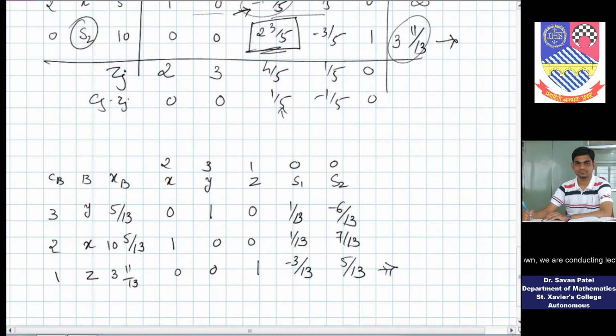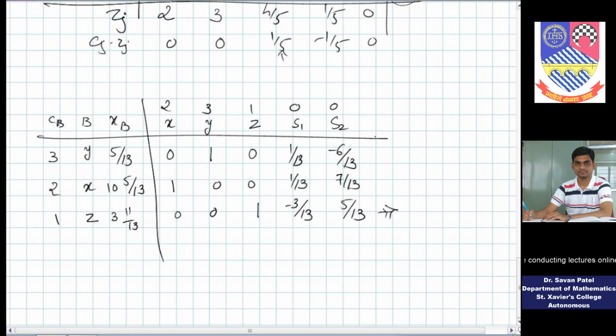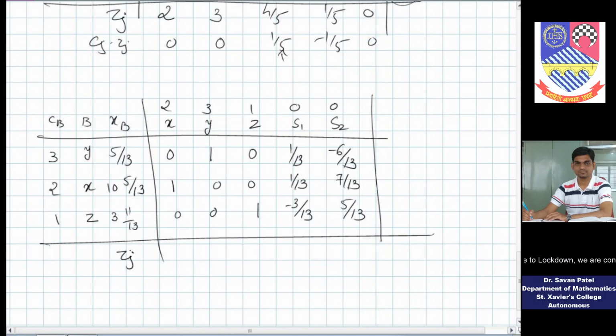Okay. Now, as in previous cases, we have to evaluate Cj minus Zj and the replacement ratio. For Cj minus Zj, first of all we require Zj. So Zj is, from this, 2. Here it is only multiplied with 1, so it is 3. Here also it is only multiplied with 1, so it is 1. Here it is 2 by 13, and here it is 1 by 13. You calculate on your own, and I am writing just the final answer.